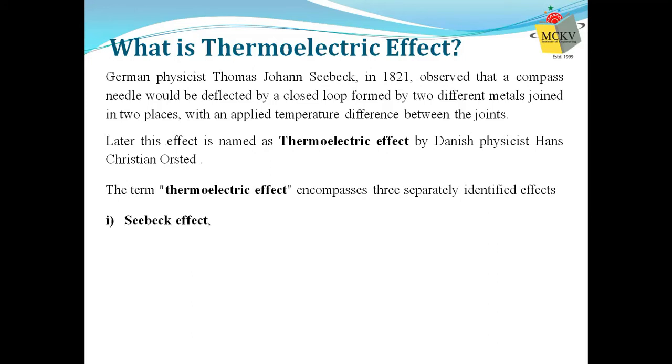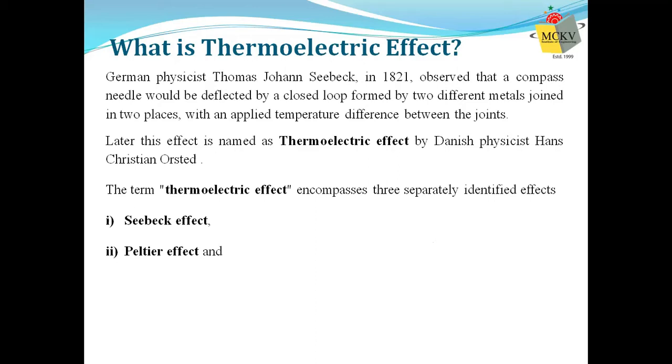and basically it encompasses three different effects. One is the Seebeck effect, which I right now described. The opposite of Seebeck effect is Peltier effect. That is, if a current flows through a thermocouple, we'll describe what a thermocouple is. It's basically two metals joined together and forming two junctions. So if current flows through this couple, then one end of that couple will automatically get heated up and the other end will be at a lower temperature.